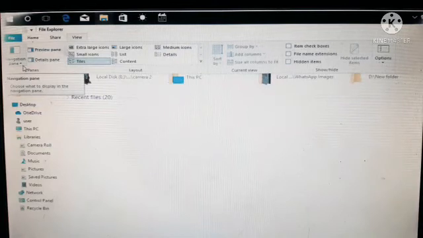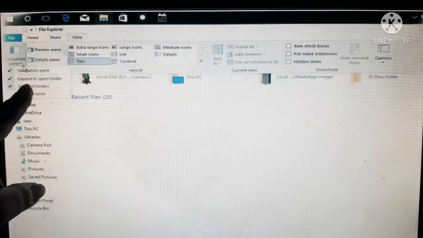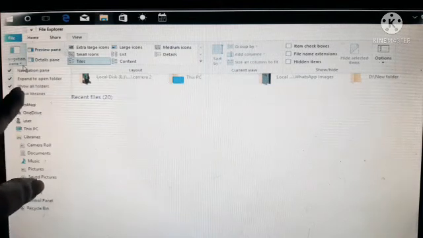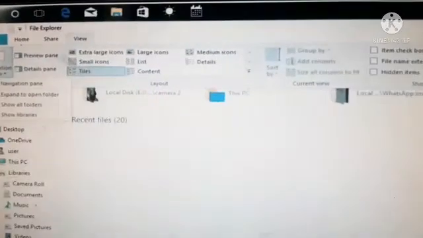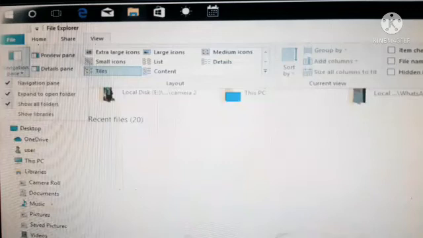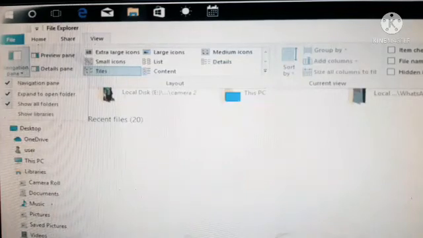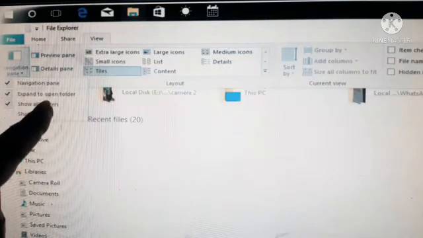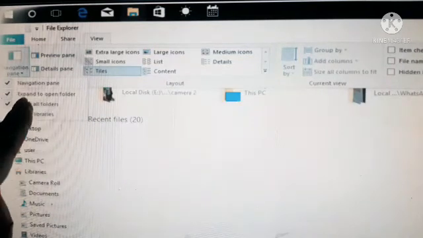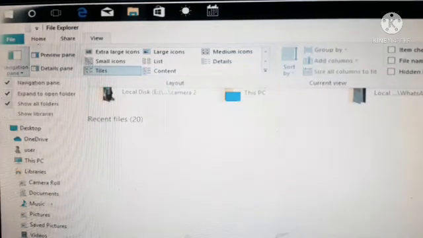If you click on the drop down arrow of the navigation pane, we can see the options: navigation pane, expand to open folder, show all folders, and the last option is Show libraries. Can you see it?